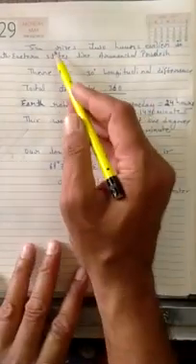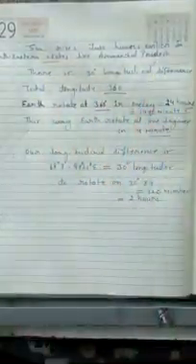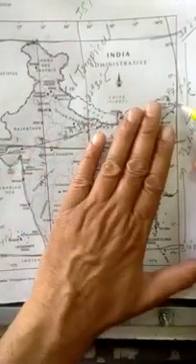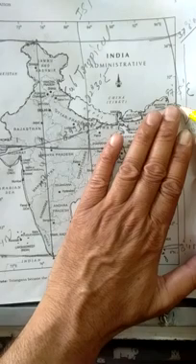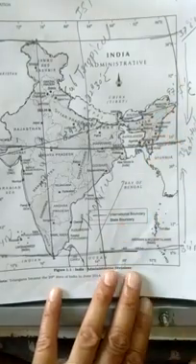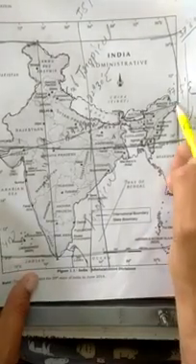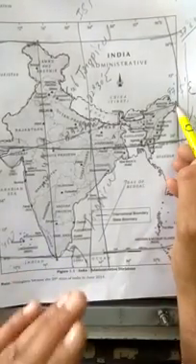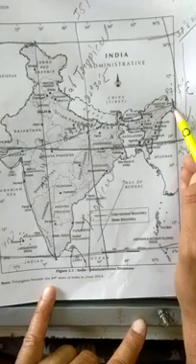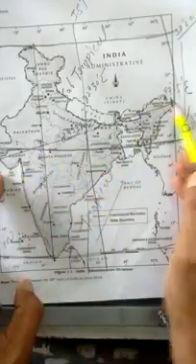This happened this way: the sun rises 2 hours earlier in northeastern states like Arunachal Pradesh and Manipur. In this part, the sun rises first across the whole country. This is the place where the sun rises first, as the earth moves from west to east, that is why the sun first rises from the eastern direction, right? But when the sun's first ray falls here, it is still dark over here, because from 97 degree 25 minute to 68 degree 7 minute east, there is a 30-degree longitudinal difference.